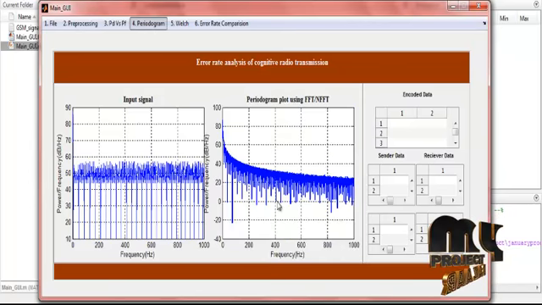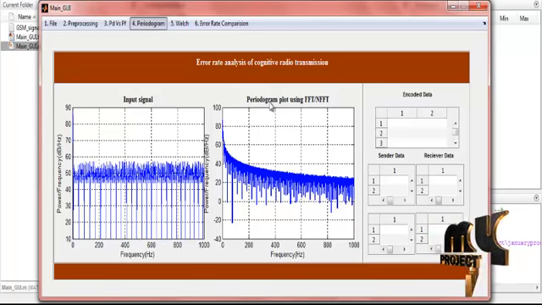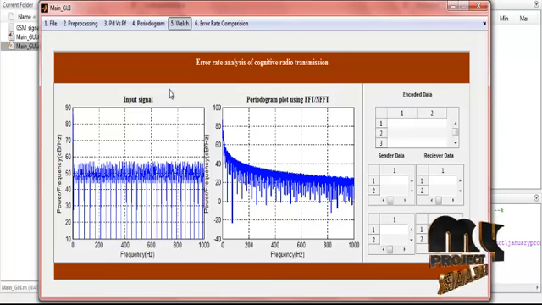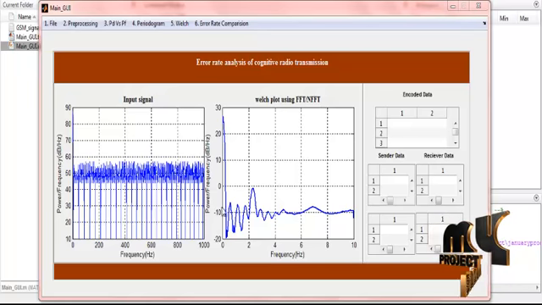For the periodogram, we apply the Hamming window and plot using the FFT and NFFT. On the x-axis is the frequency in hertz, and on the y-axis is power divided by frequency in dB per hertz. Using the periodogram plot with the Hamming window, we represent the signal for the GSM band. And then Welch. We click the Welch option, which is an inbuilt function. The Welch plot will take some time to be represented. This is the Welch plot using the FFT and NFFT for the GSM band signal, with frequency in hertz.